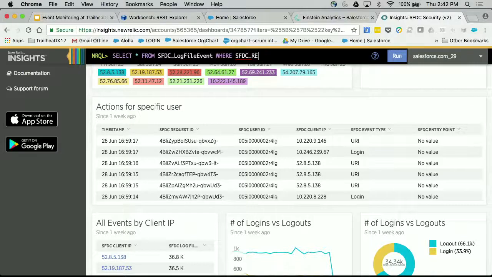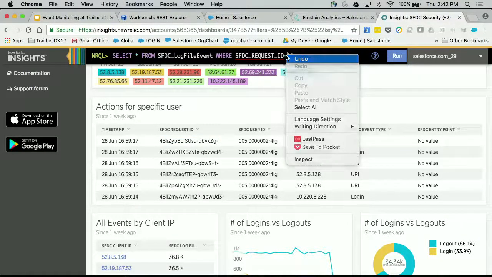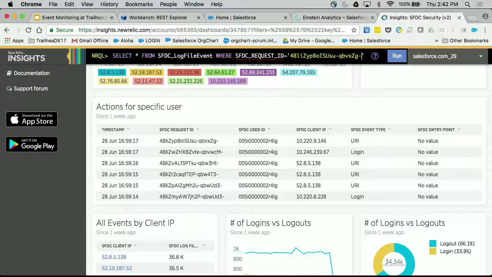SFDC request ID equals, oops, did I not copy it? Equals this one. This is what happens when you demo off of a computer that's not yours. Equals this one, and let's say since